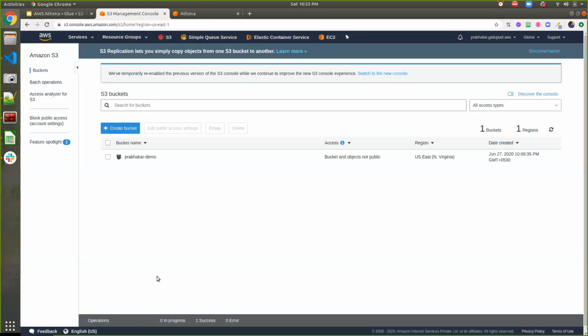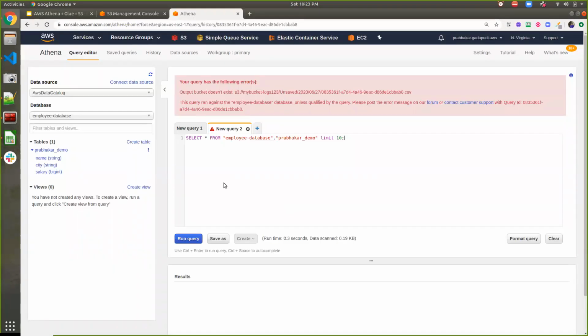Now the bucket is successfully created for storing the output logs. If you see that I executed this query and, due to some configuration, my query did not execute, AWS will not charge you for such queries. If your query succeeds, or if you terminate your query in between, then it will charge, based on the amount of data you are processing.